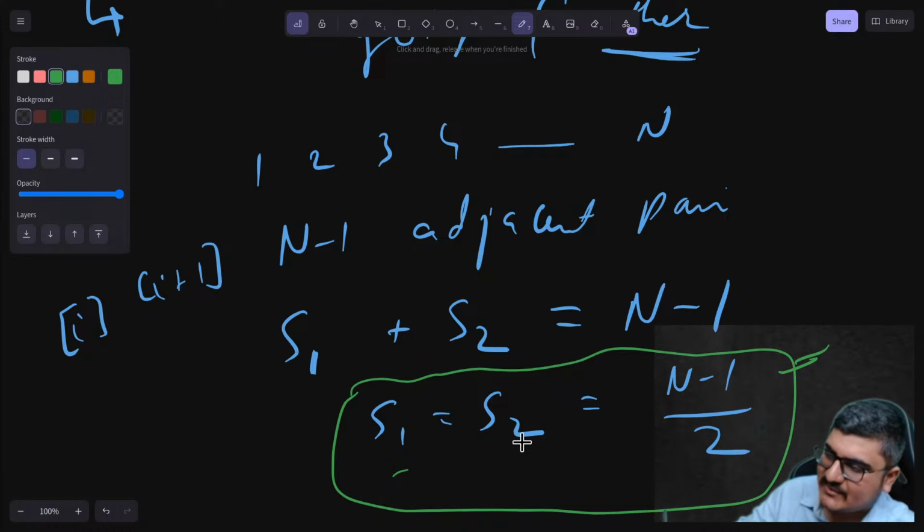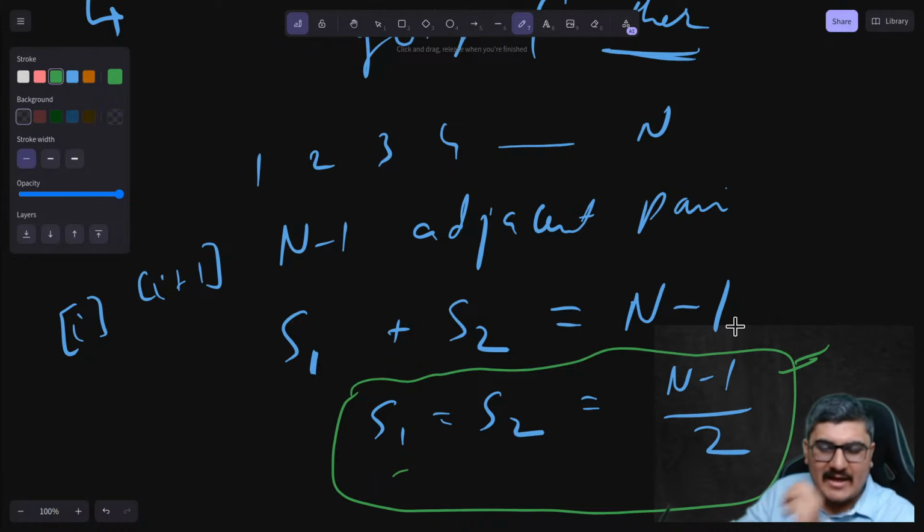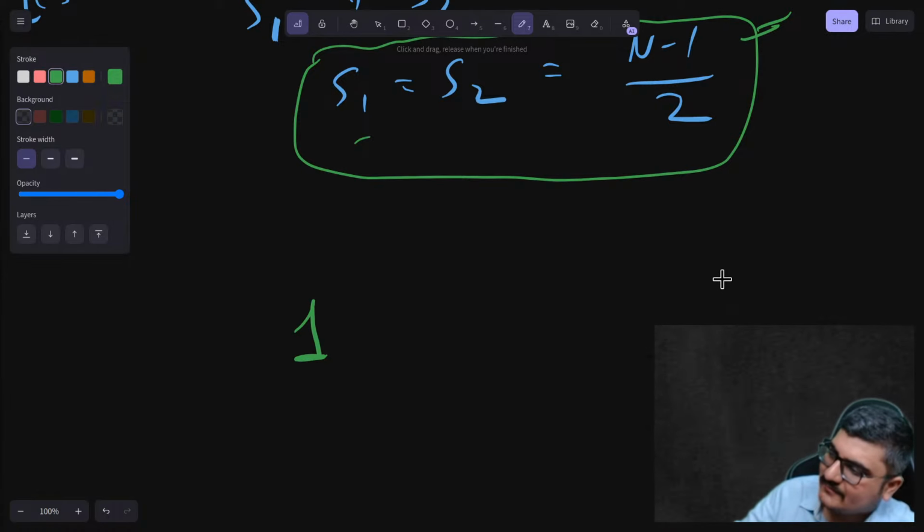And if n is odd, we want to find a permutation such that the number of times we return to starting is equal for both typewriters, equal to (n minus 1) by 2. Now there are many different constructions possible over here. My idea was I will write 1 in the starting, 2 at the end. So when I write 3 here,